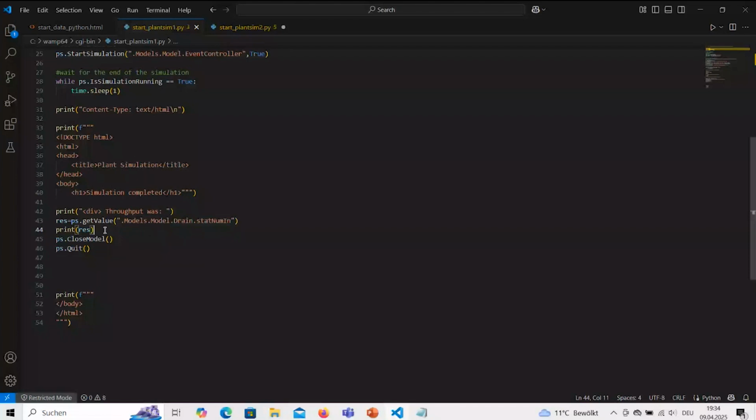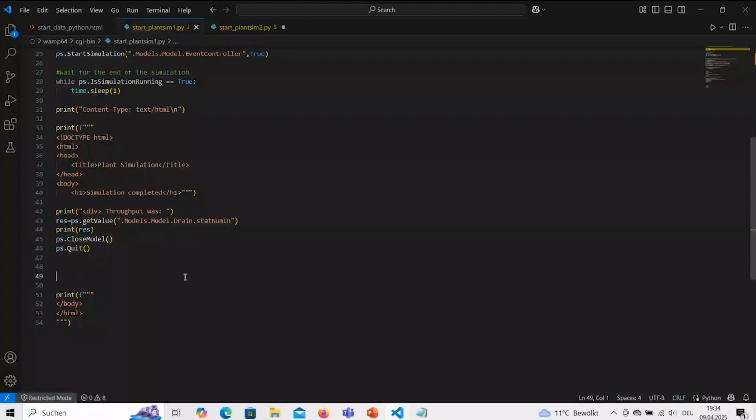And then I need to close the model in Plant Simulation and close Plant Simulation completely. And this is the end of the website.